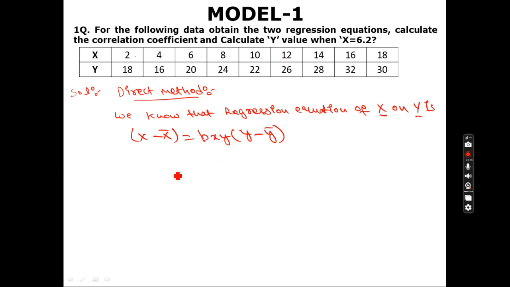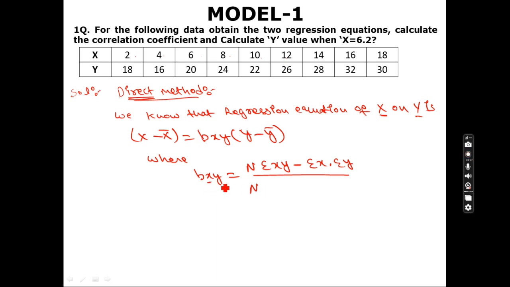So this way you can remember the formula. So now you remember, which method are we using? The direct method. When you are using the direct method, bxy can be calculated by using n into summation xy minus summation x into summation y, divided by n into summation